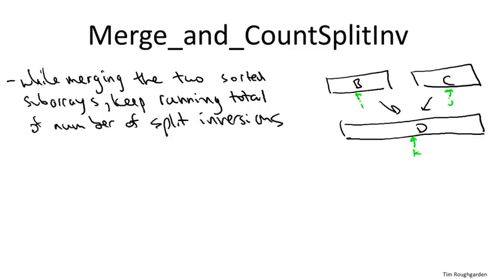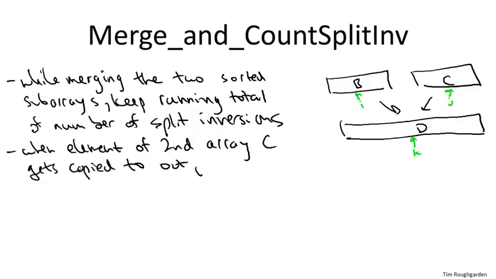So what's the increment? Well, what did we just see? We saw that copies involving B don't count. We're not going to look at split inversions when we copy over from B, only when we copy over from C. Every split inversion involves exactly one element from each of B and C, so we may as well count them via the elements in C. And how many split inversions are involved with a given element of C? Well, it's exactly how many elements of B remain when it gets copied over. So that tells us how to